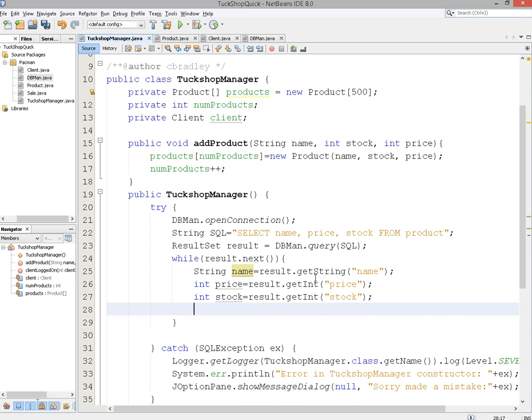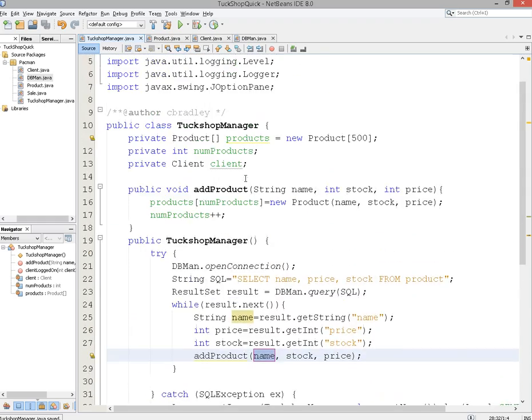Notice that getString would return a string data type, and we just refer to the field name. It doesn't have to be in order. I could have done it in the opposite order. The order doesn't matter. It just matters what field name you put in there, and that would return it into this variable. Now that I've done that, I'll just run my add product method, and that would add it into the array here. Okay, I'm then going to go ahead and create my